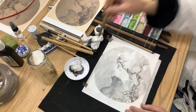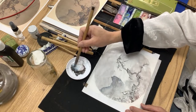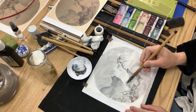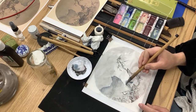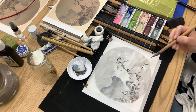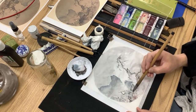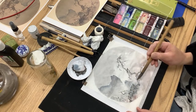Okay, this rock needed to be differentiated from the other. I try to keep that open. Mm-hmm. That gap is very important to see through. So you can just shade all this part. Okay, then